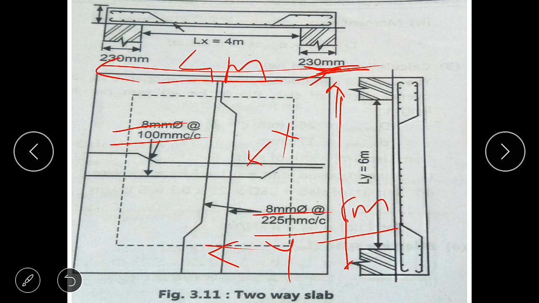So in this problem we found AST in the X direction, meaning the area of steel in the X direction, the area of steel in the Y direction, the spacing for the X direction and the spacing for the Y direction, and we gave a check for shear stresses and bending also. So our depth is okay. If the depth is not okay, then increase the depth and solve this problem again.